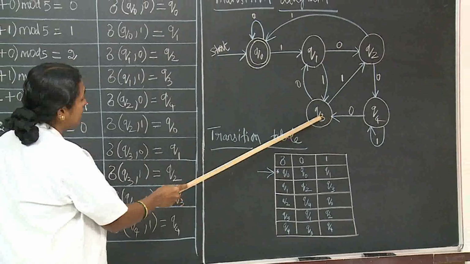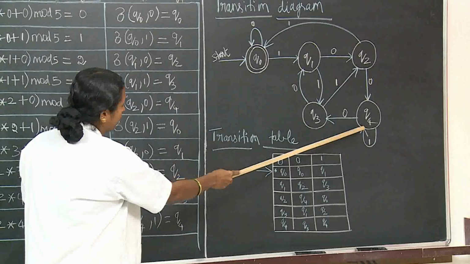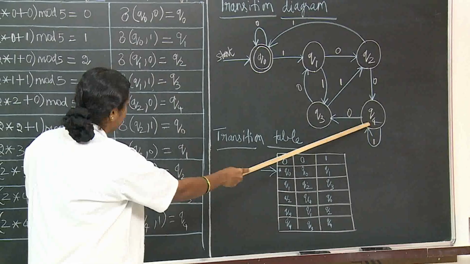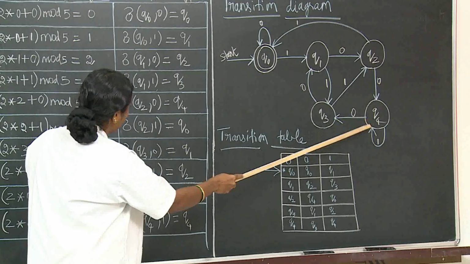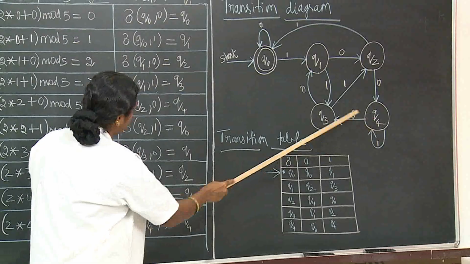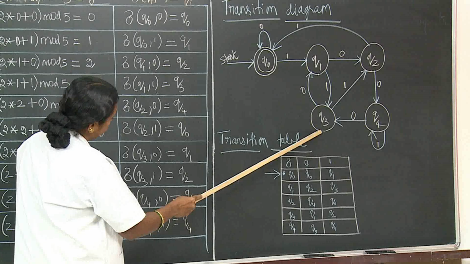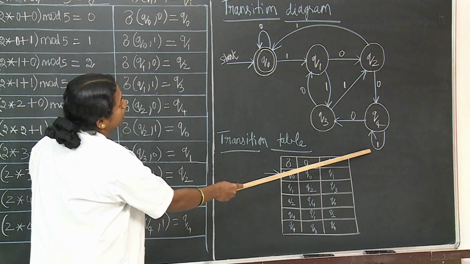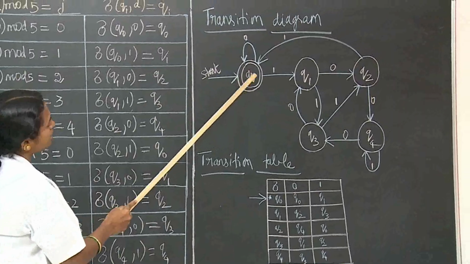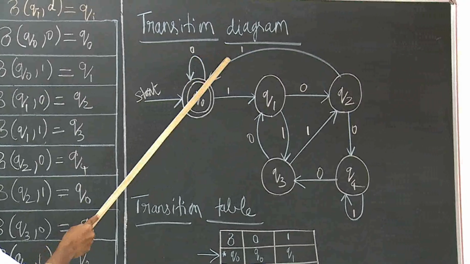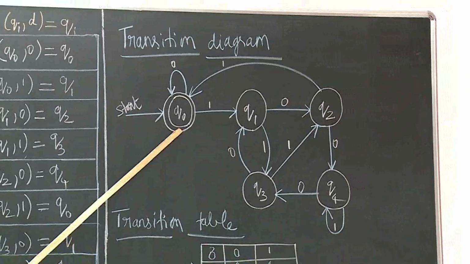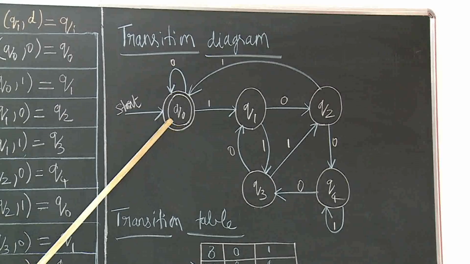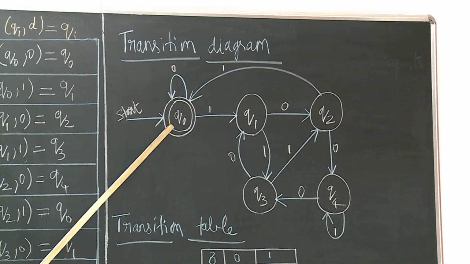At last, we can see the transitions in the state Q4. Here, after accepting the input symbol 0, it moves from the state Q4 to Q3. And finally, after accepting the 1, it remains in the state Q4 itself. As the strings may end in 0 or 1, we can have Q0 as the final state. The initial state will be the final state in this case.